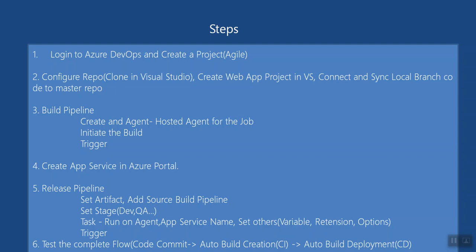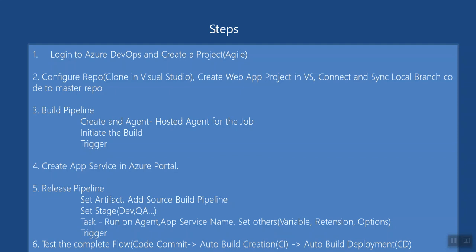We'll also set the stage. We'll see what this stage means, dev, QA and all. And there will be certain more options like run on agent, where we'll have to see what kind of deployment, where we are going to do a deployment, like we'll have to set an app service plan.